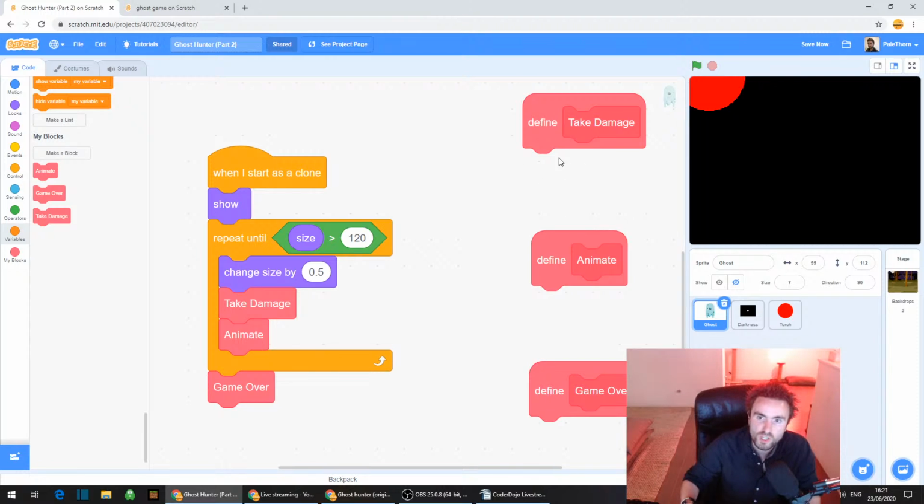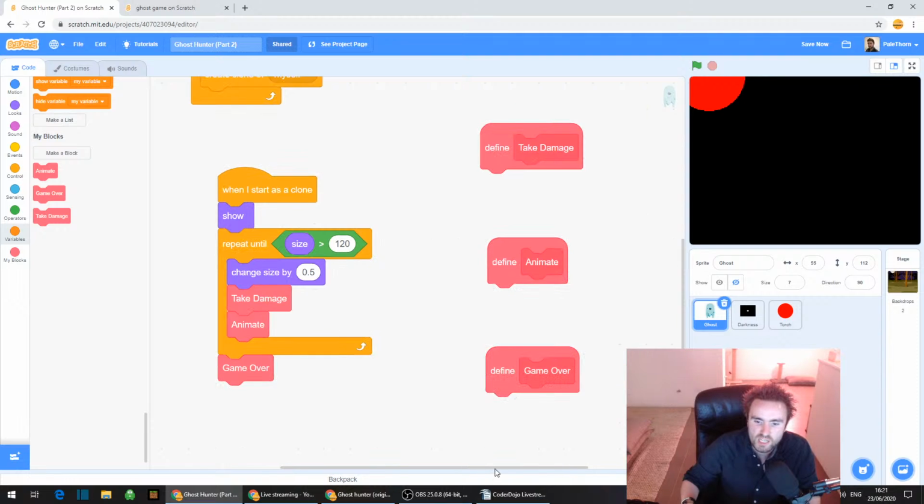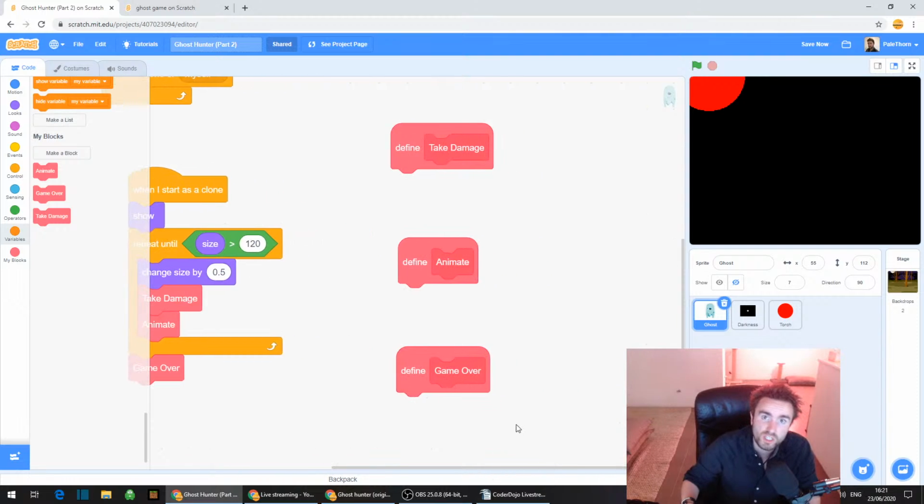We put a bunch of stuff inside the define take damage, and it runs all of that every time we say take damage. It's also a good way of setting out this code so that you can understand what each piece does, and when you come back to it, you can go, I want to change the way that the ghosts animate, or I want to create my own game over screen. You know exactly where to go, and you can make those changes.